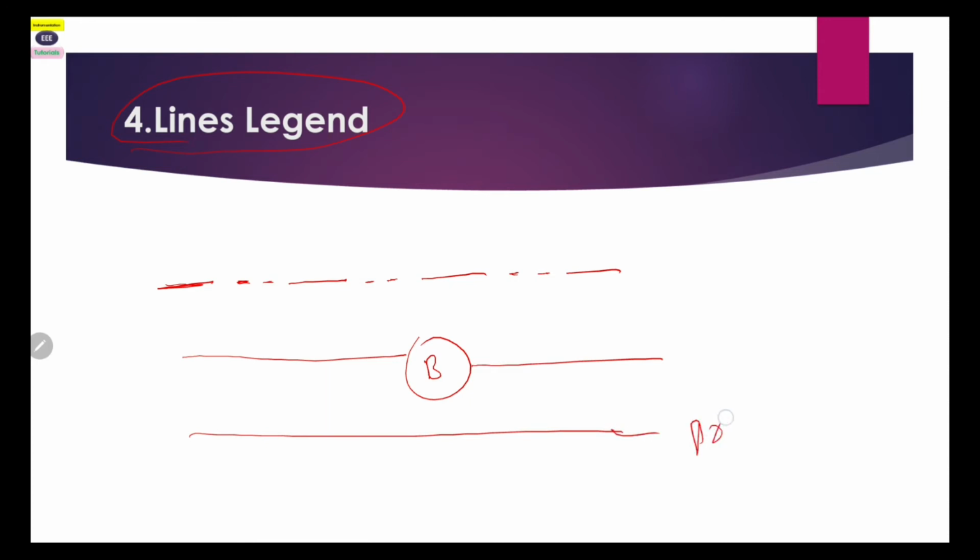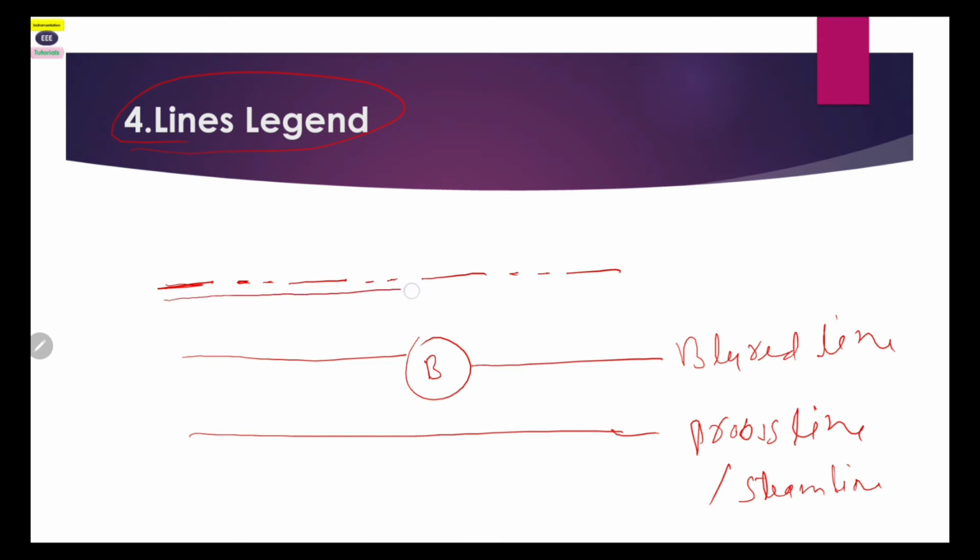So this is the process line, or it may be some steam and other utility line, and this is the blurred line, and if one line is here and it is dashed, so this is the trace line,